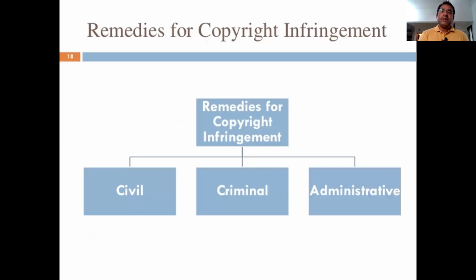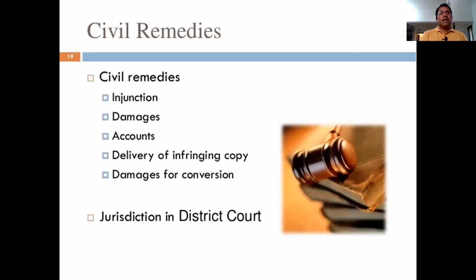Now let us see what are the remedies available for infringement of copyright to the owner. There are three kinds of remedies: civil, criminal, and administrative remedies. Let us see one by one. Under civil remedies, we have injunction, damages, accounts of profit, delivery of infringing copy, and damages for conversion. Injunction in the sense, I can convince the court that I have a prima facie case that the person who is dealing with the duplicate goods which belong to me,